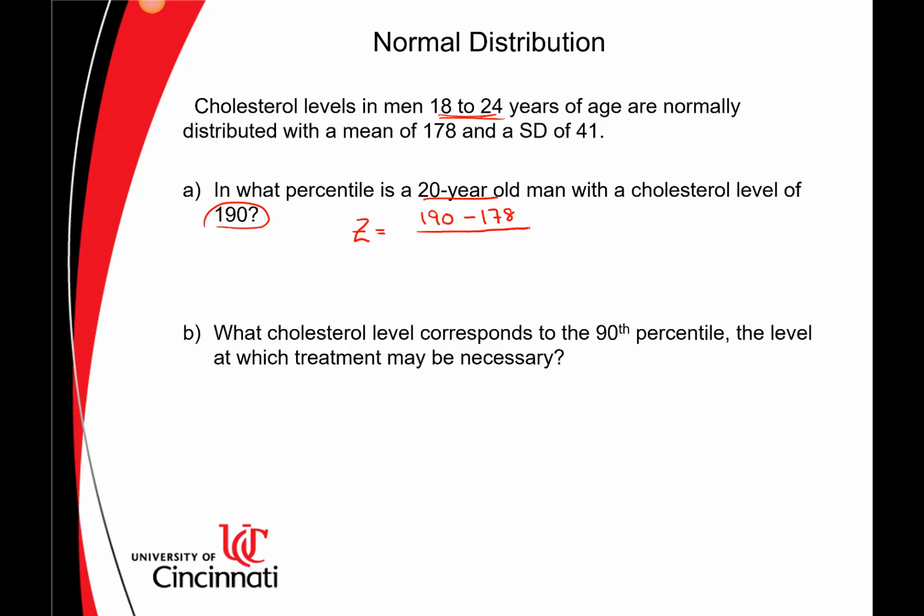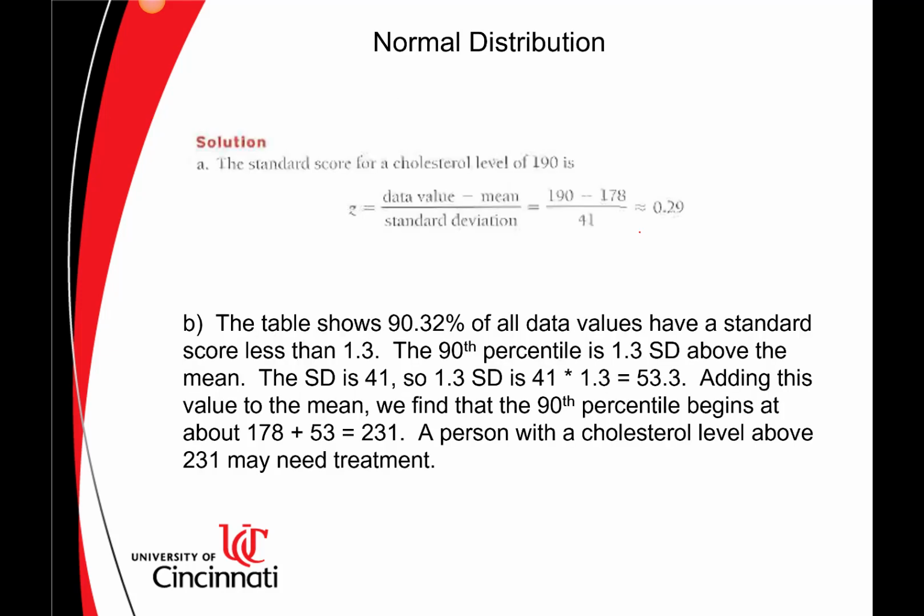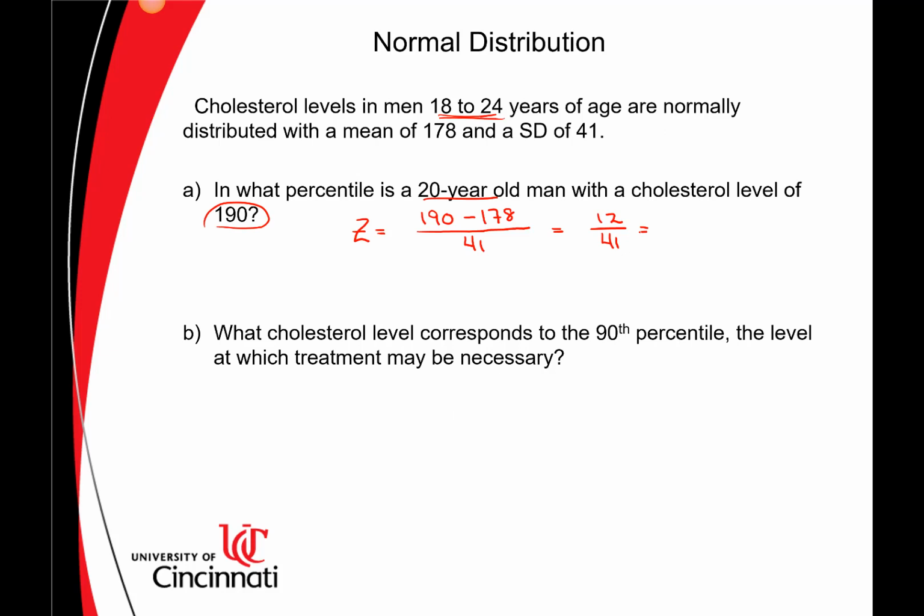Divided by the standard deviation, 41. So this is going to give us 12 over 41. If we do the 12 divided by the 41, it gives us